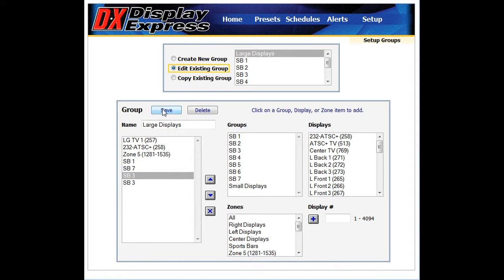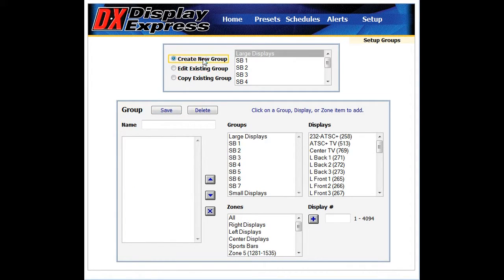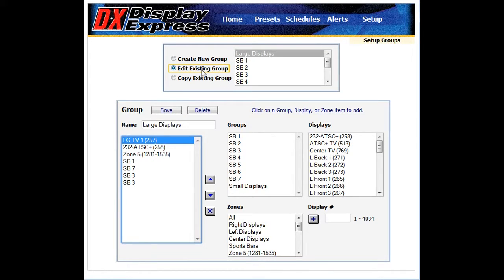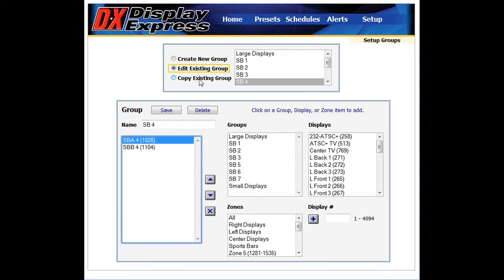You'll notice most things have this pattern where I want to create a new group. I want to edit something that's existing and pick it and look at it. Or I want to take this group, SB4, and I'm going to make a couple small changes. So I'll copy this, give it a new name, and I've created a new group very quickly. That's how groups are created. This can be very free form,